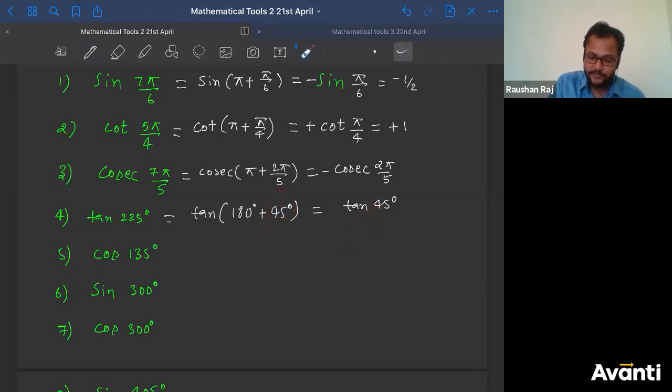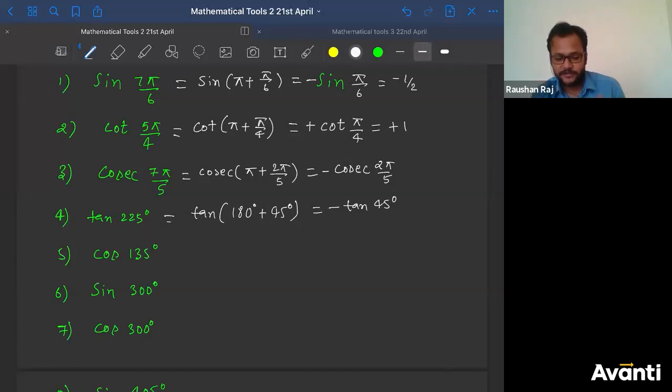Now we'll deal with the sign. In which quadrant is this angle lying? 225 is greater than 180, less than 270. In which quadrant will 225 degrees lie, guys? Yes, third quadrant. In the third quadrant, is tan positive or negative? It is positive. So positive tan 45. Now, do I know the value of tan 45? Yes, this is the standard value. Tan 45 is 1, so our answer is +1 here. Is it understandable, everyone? Very good. I'm getting so many yes here.